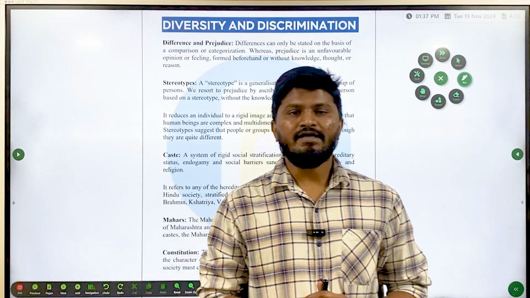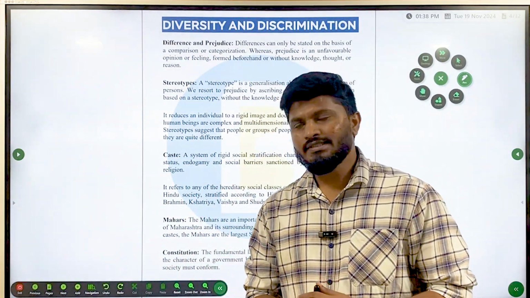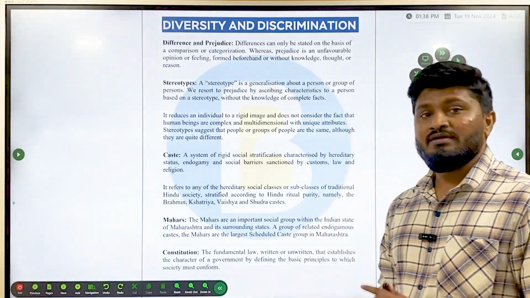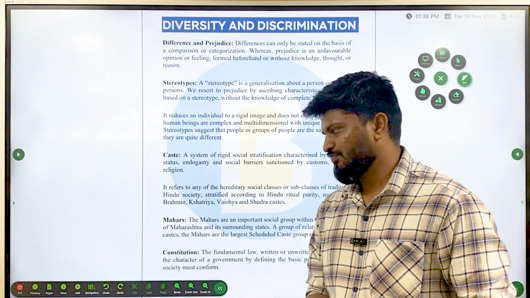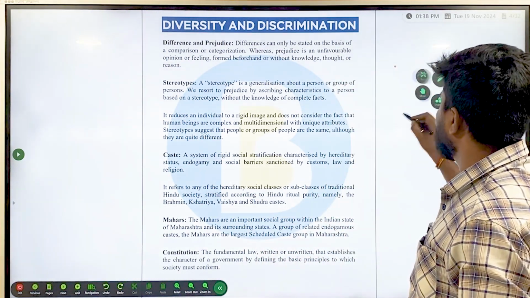Today we will be continuing the NCERT discussion of polity. This is class 6th, chapter 2 in polity. Today we are going to discuss diversity and discrimination. In yesterday's class we discussed diversity